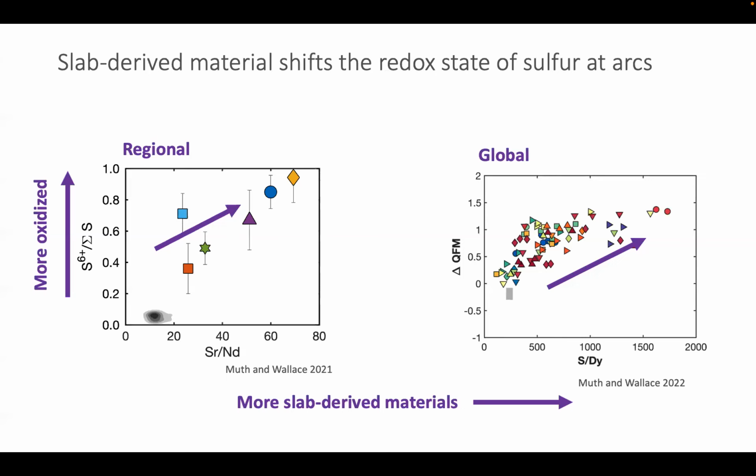What I'm showing here on the left is a really similar plot where we have a proxy for slab-derived materials on the x-axis, but this time I've plotted the valence state of sulfur, and specifically the proportion of sulfate present, on the y-axis. And again, we see a correlation here, which is incredibly exciting, because we're seeing that we can tie not just the concentration of sulfur in arc magmas to what we know about the subducting slab, but we can also start to tie the chemistry of sulfur and the redox state of sulfur to what we know about